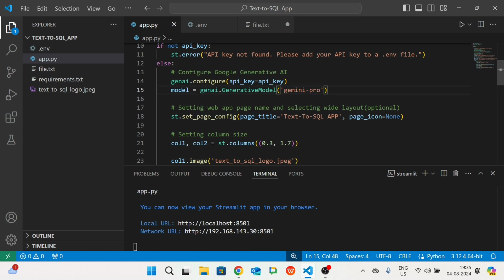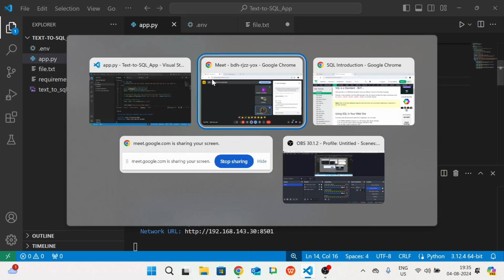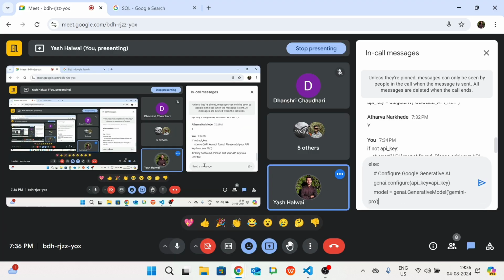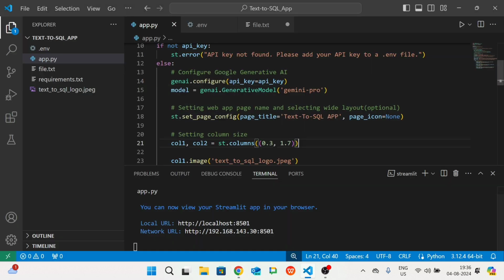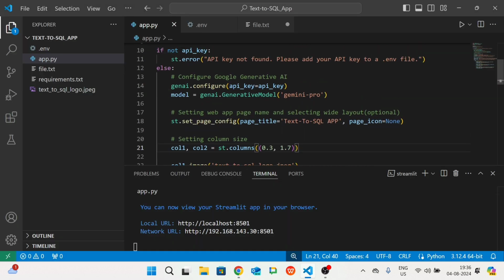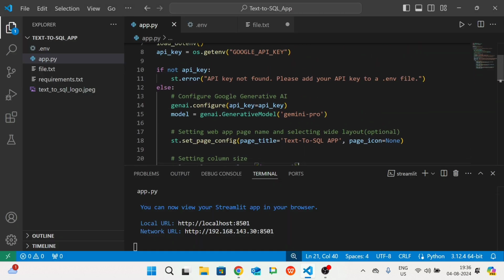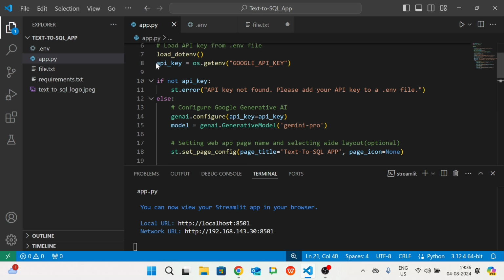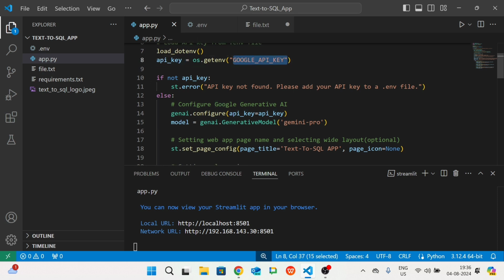I hope this particular part of the code is clear to all. We are doing all this in the else part. This is our API key, and where the API key is coming from is the .env, which holds the Google API key.